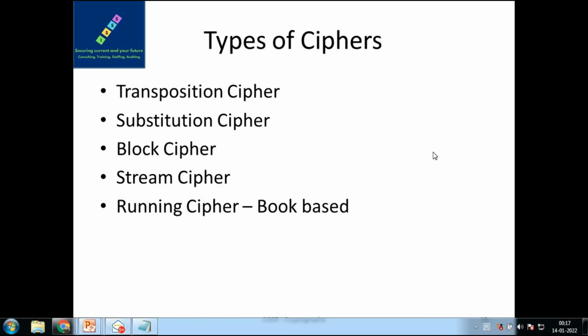Now, this is the fifth video in this particular series, and we're going to have a look at what we mean by substitution cipher and the transposition cipher to a possible extent, and what is the stream cipher and a block cipher. So there have been great histories across the world on cryptography, wherein every country has got its own history.